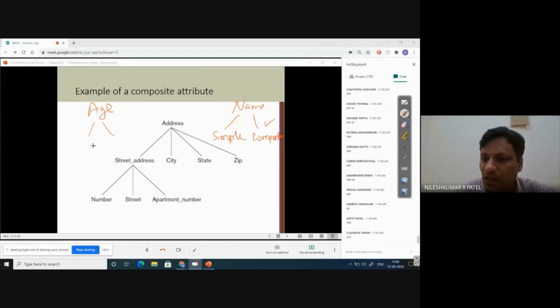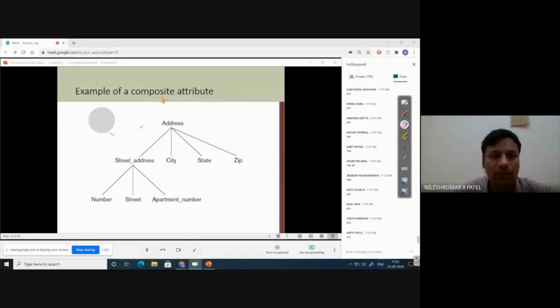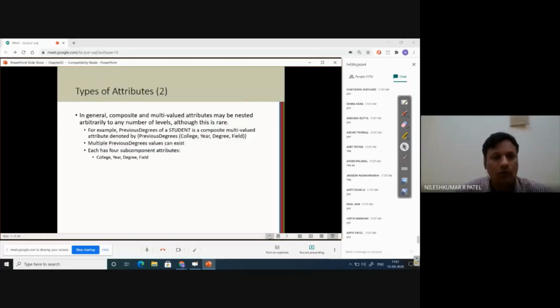Age cannot become composite. But name may become simple, may become composite. Height cannot become composite, right? So ultimately, this is the reasoning behind why sometimes we have to go with simple attributes and sometimes composite attributes. Okay, good.